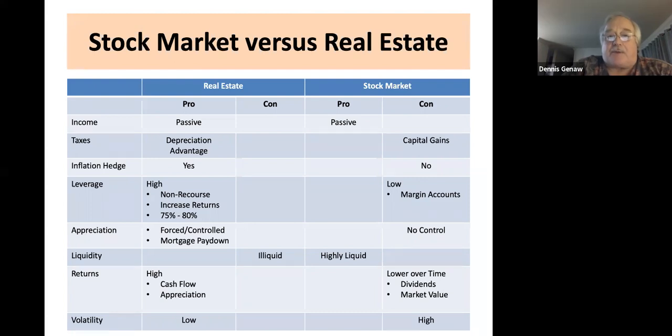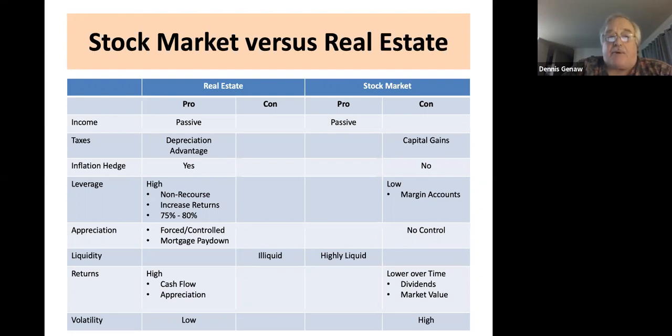So while there is potentially some leverage in the stock market, it's awfully high risk, and they have rules on how much you can use margin to buy stocks over there. And the other advantage is in real estate, if everything goes to hell in a handbasket, the property is all you can lose. On the stock market side, they'll come after everything you've got, including things outside of your investment account. So appreciation, how do you see appreciation in real estate?